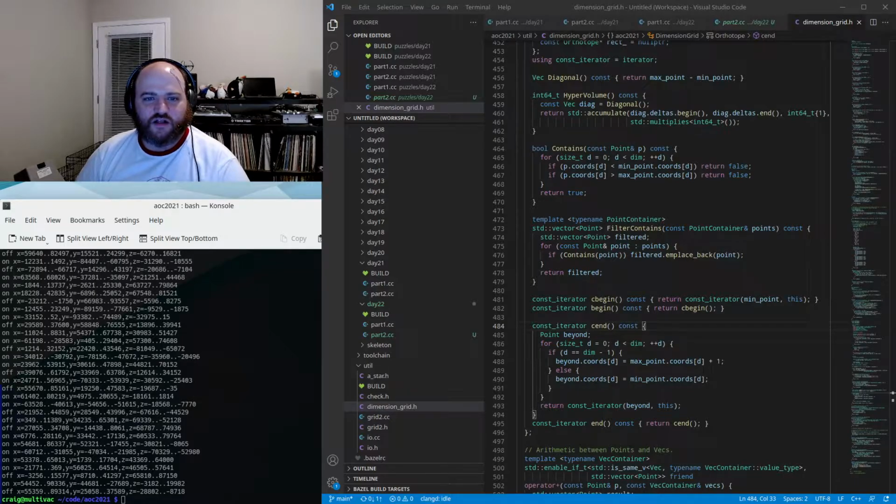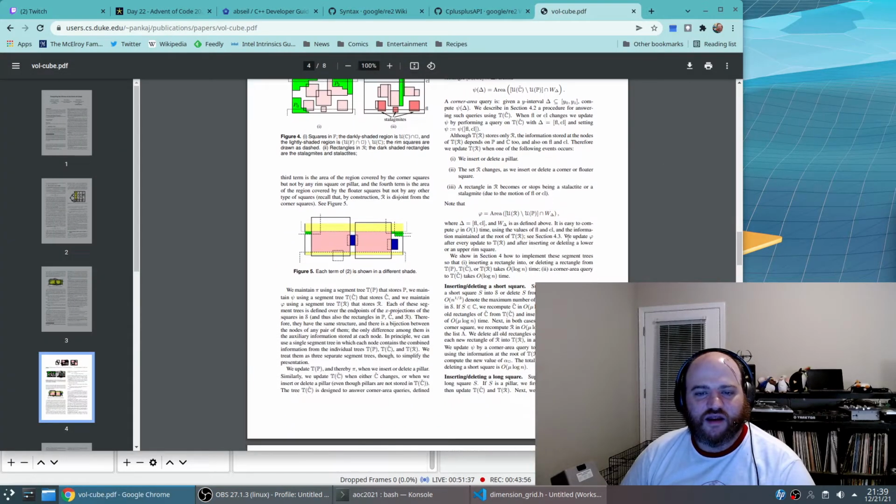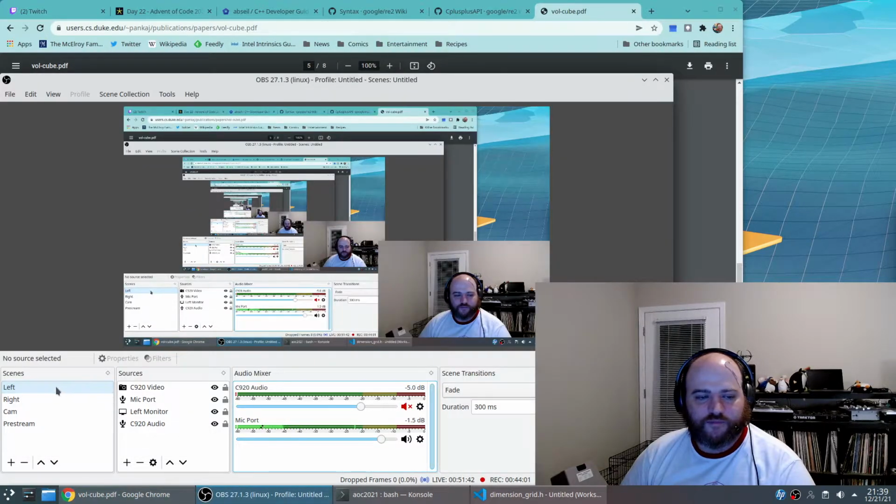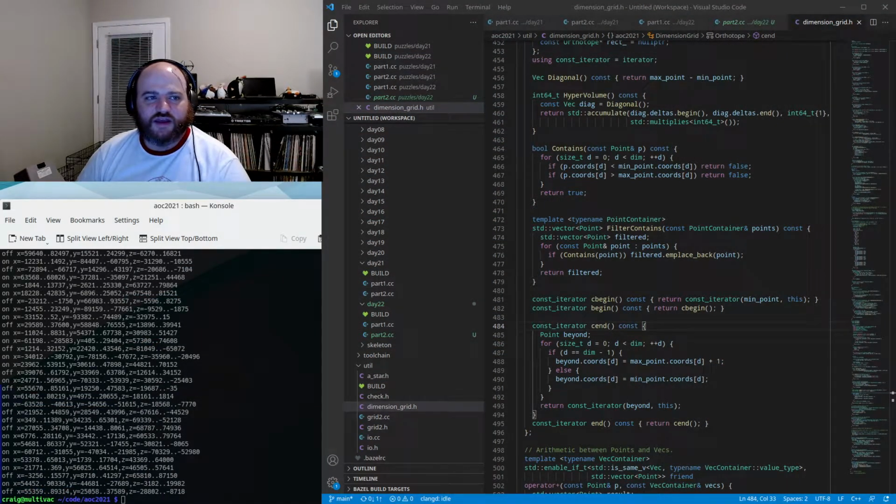So I see an article on computing the volume of the union of cubes. It was published relatively recently. Oh boy, you're going to have to read this whole paper to understand. You can see here... Well, we can definitely use that algorithm if it comes down to it, but